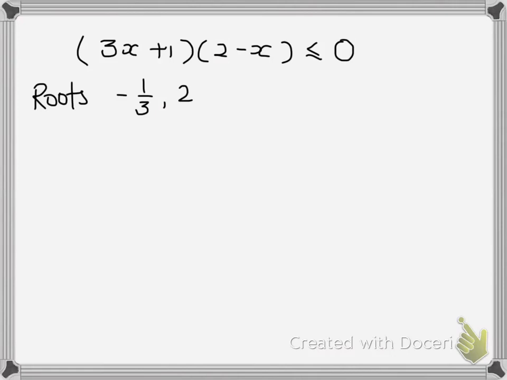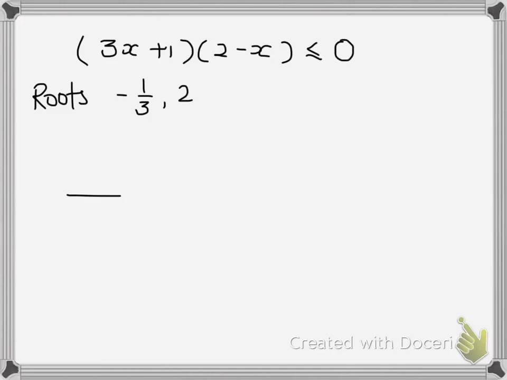Sir, may I ask how you get this negative 2? The roots mean when this whole thing equals 0. Wait, so isn't it -2? It's opposite. 2 minus x is 0. What is x? But isn't it negative x plus 2 then? It's the same thing, no? What are you talking about? If you're going to do it this way,